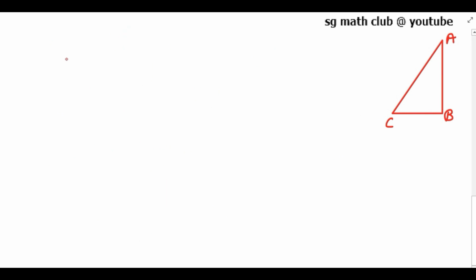Again, to prove the second trigonometric identity, consider a right angle triangle. In trigonometry, we always consider a right angle triangle. So consider a right angle triangle ABC at B. By Pythagoras relation, again I can write AB square plus BC square is equal to AC square. To get the first trigonometric identity, sin square A plus cos square A equal to 1, I divided throughout the first equation with AC square.